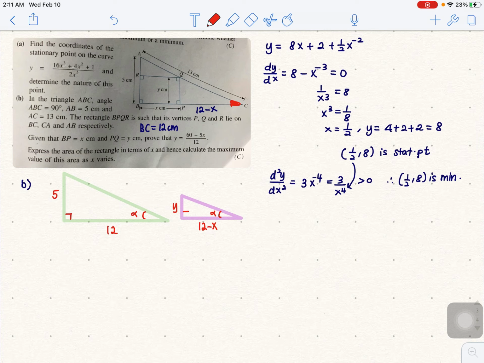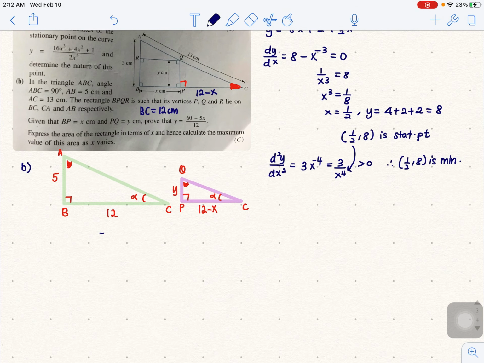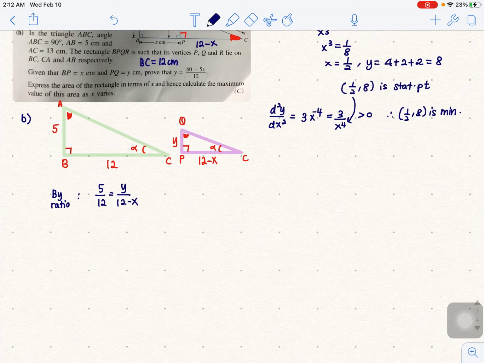For sure this is 90 degrees and this is 90 degrees. Look at this, this is 90: your P, your C and your Q; your C, the B and the A. Therefore, I can conclude that this angle over here and this one are definitely the same, which is 90 minus alpha. So they are very similar in nature. All I have to do is compare the lengths. So 5 over 12 is exactly y over 12 minus x by ratio. Why can I do this? Because I am very certain that the triangles are similar to each other. Therefore y